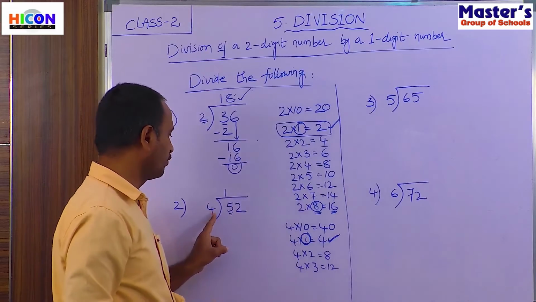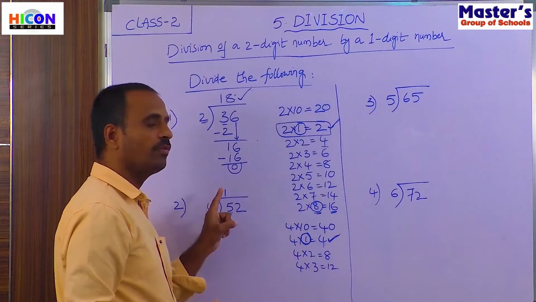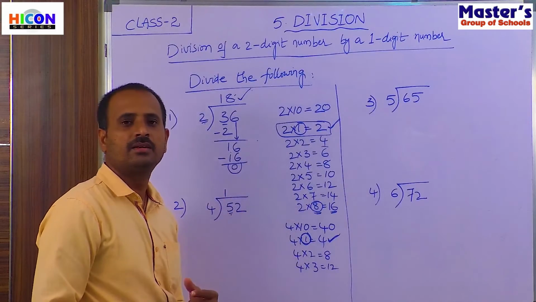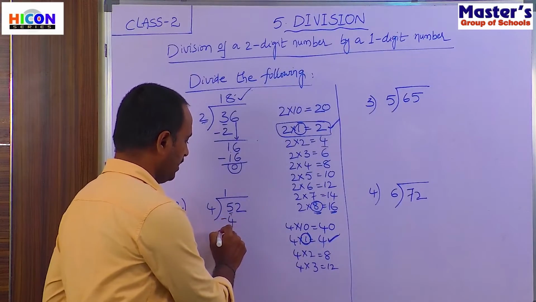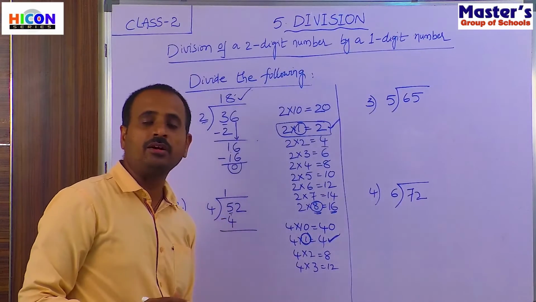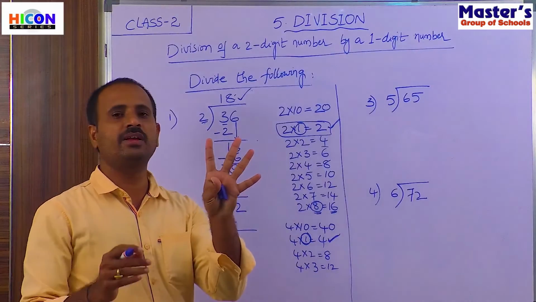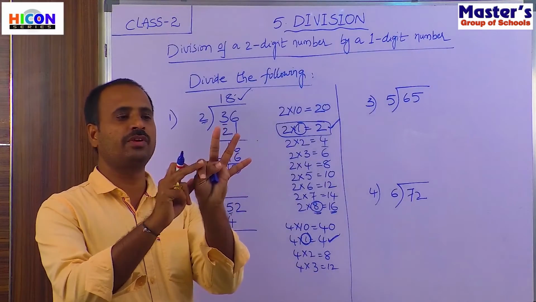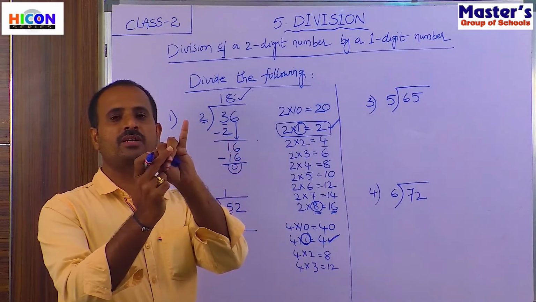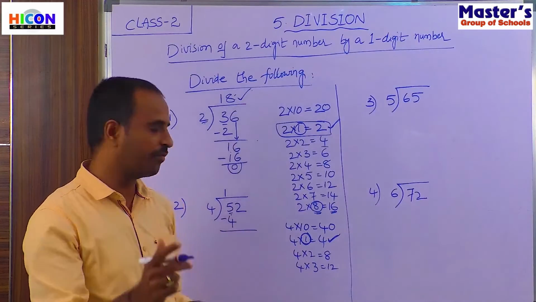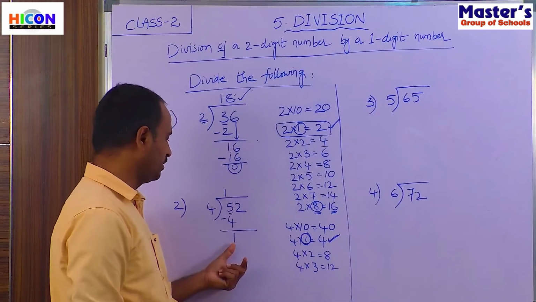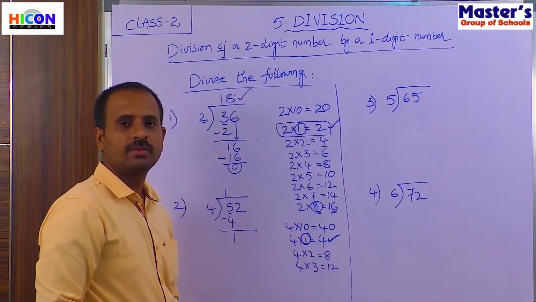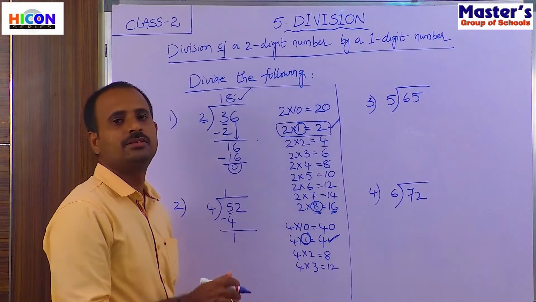And now multiply this 4 and 1. That is 4 ones are 4. So write 4 below the first digit and subtract. If you subtract 4 from 5, these are the 5 fingers, and if we close 4 fingers, children, how many fingers are there? There is only 1 finger remaining. So the answer is 1. And we did not get 1 in the fourth table. So that's why I bring down the second digit.